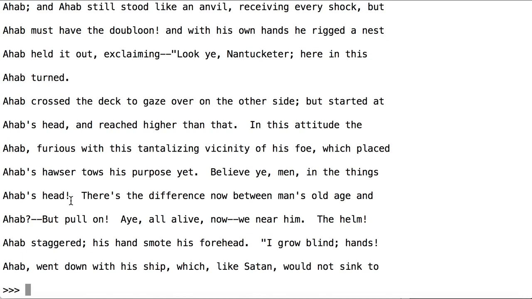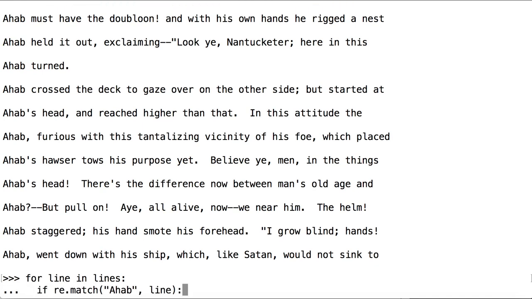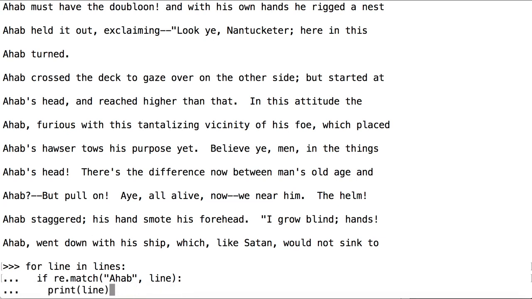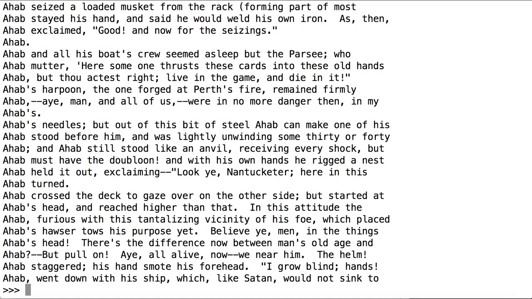So we could change a couple of things. Let's leave the match method present for now and focus on the print statement. We can get rid of that extra white space at the end of every line by using the strip method. Now let's see what our output looks like. Okay, our output looks much better,